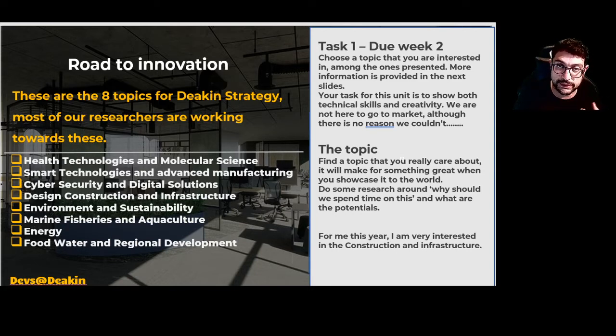Infrastructure. The project that I'm doing is going to be about infrastructure. Infrastructure is also public transport. Can you think about some way to improve public transport? Environmental sustainability. Can you design or think about an application that can help people be more sustainable? Can you, for example, create a new